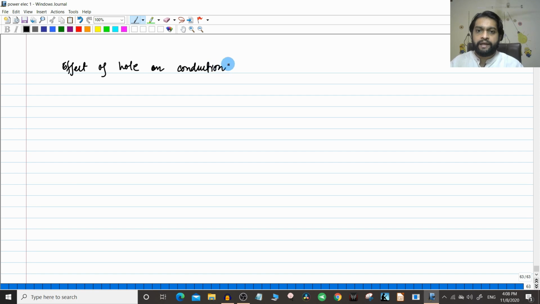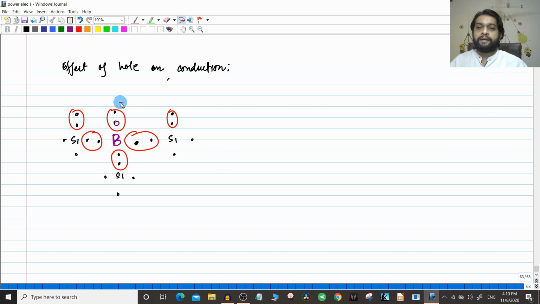That is, what makes there a conduction when you are introducing a p-type material. So here we are having a p-type material. You can see that there is an intrinsic silicon you have doped with boron here. So what happens here actually is that, for example, this is the hole. Remember that this is the hole. So this is 1 electron, 2 electrons, 3 valence electrons, and here is the hole. Now I told you this hole can readily accept electrons.